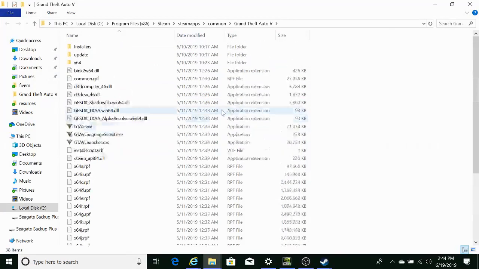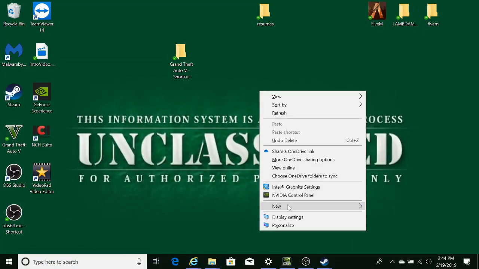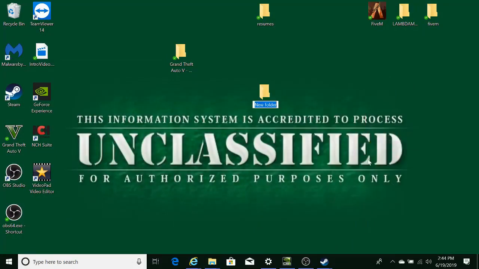Now, the safe thing to do is always back up your files. You don't want to start modding, especially if you don't have any experience in modding, and crash the game, because it's going to be a pain to try to fix what you broke. So if you guys don't know how to back up your files, all you have to do is right click, make a new folder, and name it GTA 5 backup,